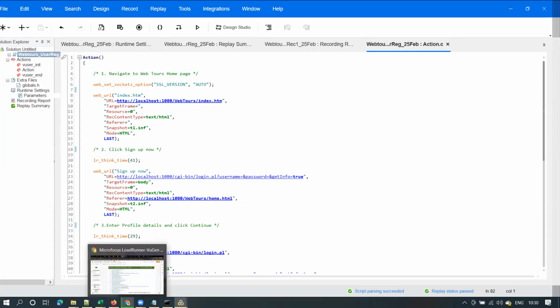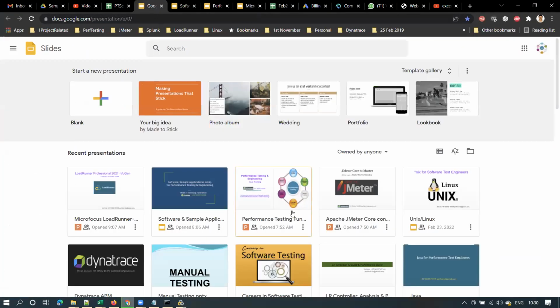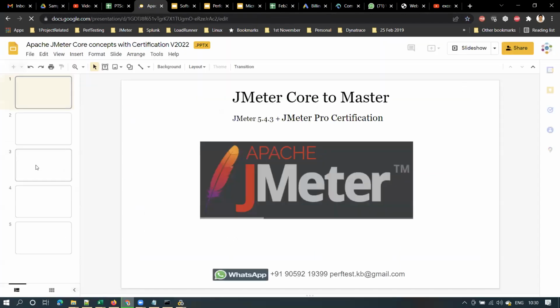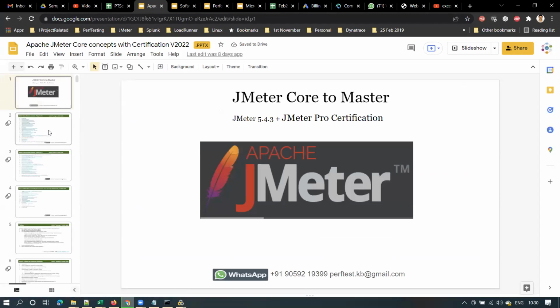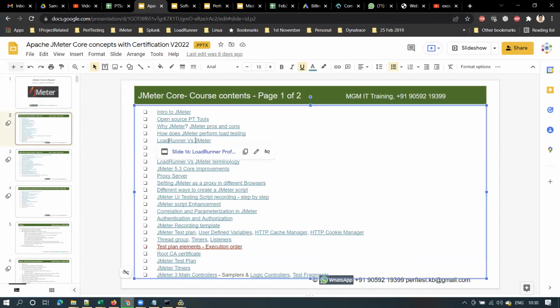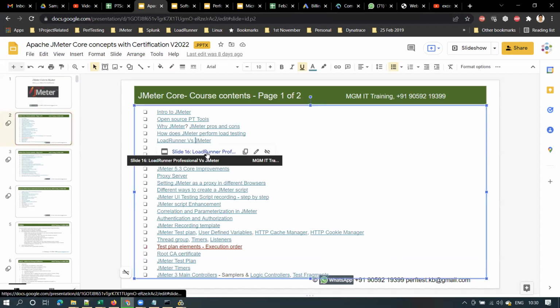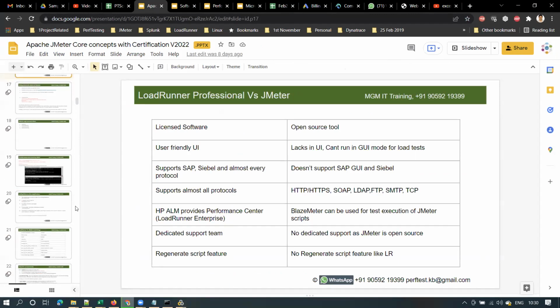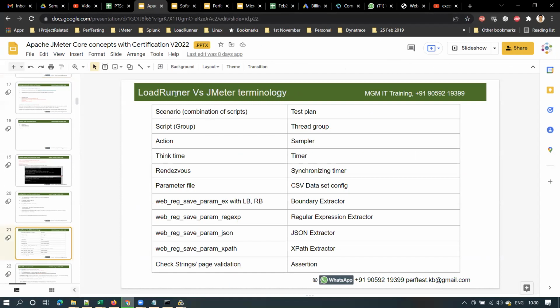Let me show you that JMeter PPT. Once we go to JMeter, I will map each concept and explain what a particular thing is called in LoadRunner and what the same thing is called in JMeter. If you see here, LoadRunner versus JMeter terminology.